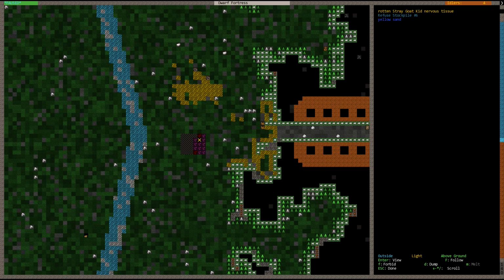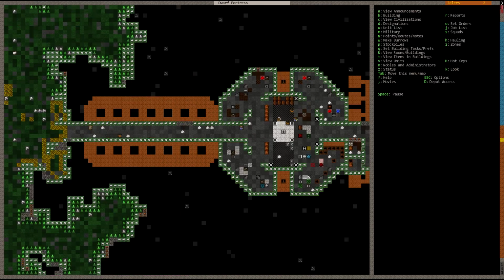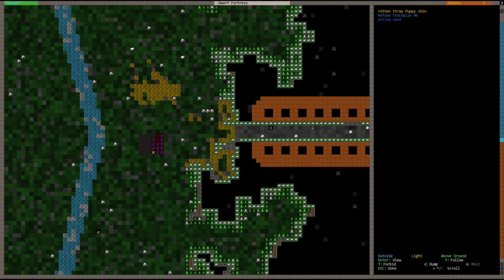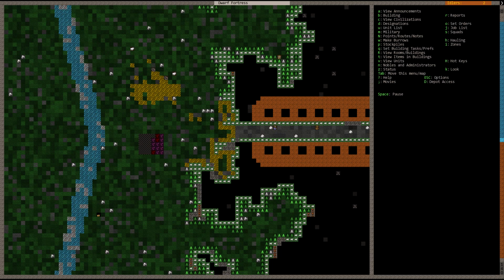What are these red bones? A rotten stray goat kid nervous tissue. Rotten stray goat kid skin. Oh, we're gonna need a tanner, because these are wasted parts. Yeah, we could definitely use...